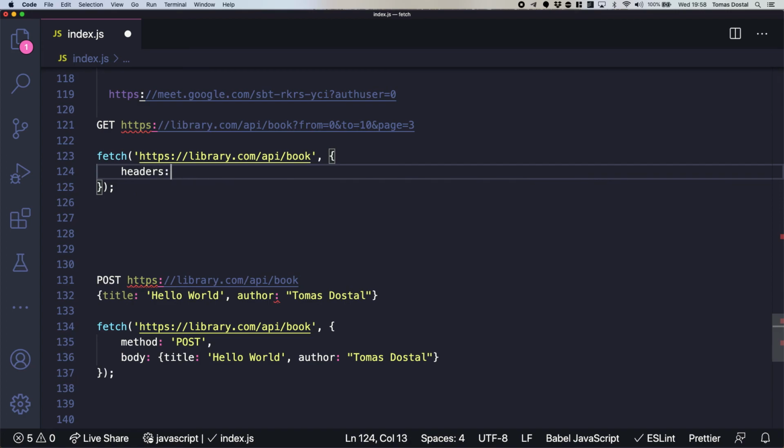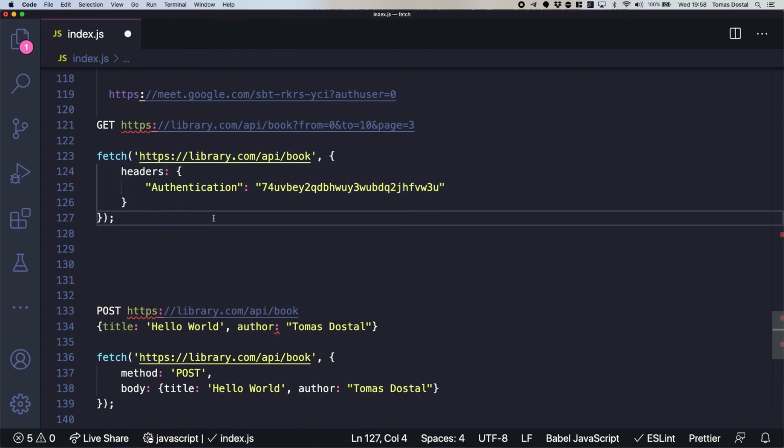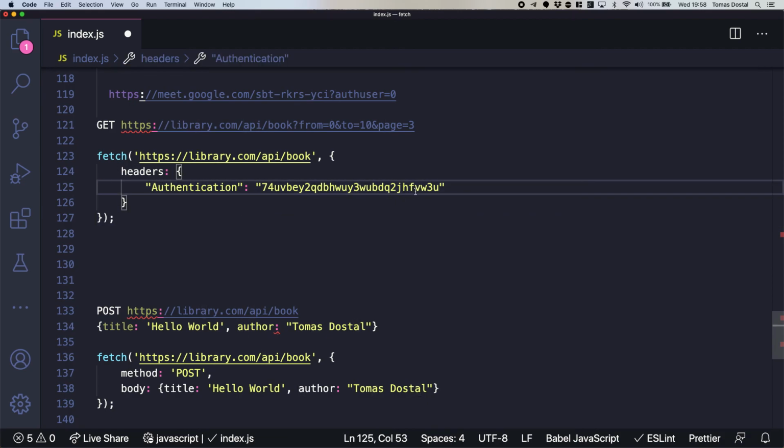So what you would do is, again, you would do headers, and you could say, authentication, for example, and it would look something like this. So this would be what you would do even for a GET request, for any request really, on an authenticated API. So you would actually say, my authentication is this, right? Or authorization, but whatever, they will tell you what header to use. Okay. So this is how you would instruct.